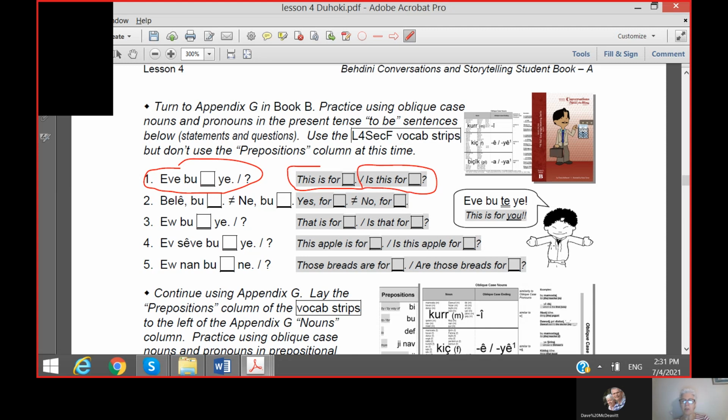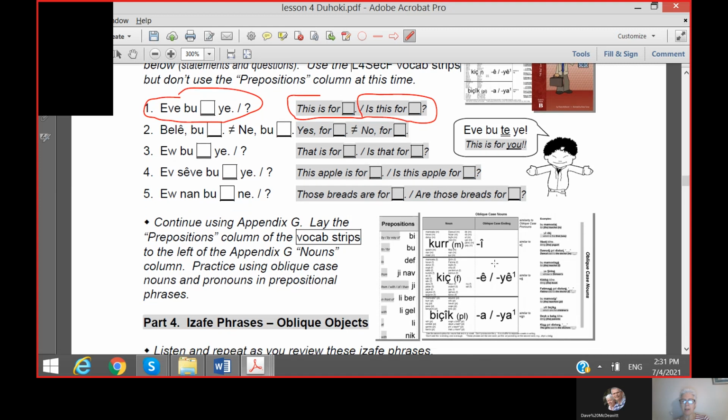So if we wanted to use our chart, Appendix G, remember it looks like this. We're not going to use the prepositions column. So just ignore this for right now, okay? Now we're going to try to figure out something to put in this box right here, okay? So ava, boo, then we could say boo mamo stai. We did that before. Or we could say boo kuri, boo kitche,